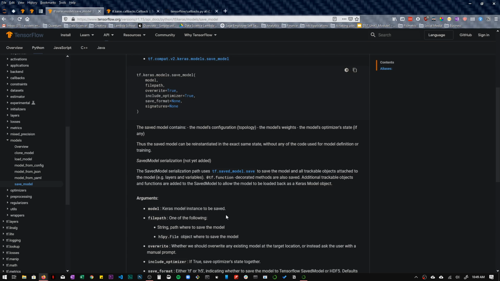I think we might use a callback function to implement this, but I'm not quite sure. So let me check something out real quick.